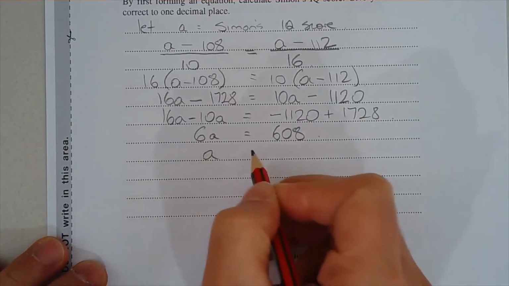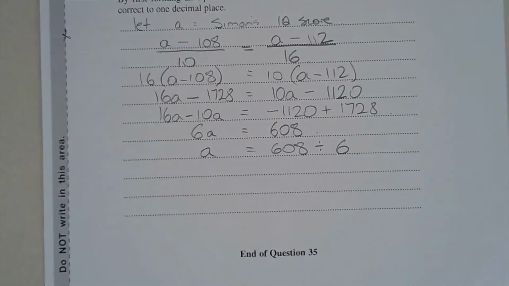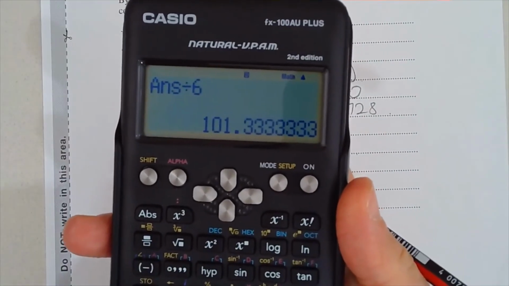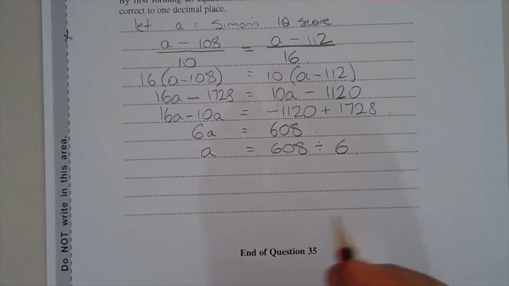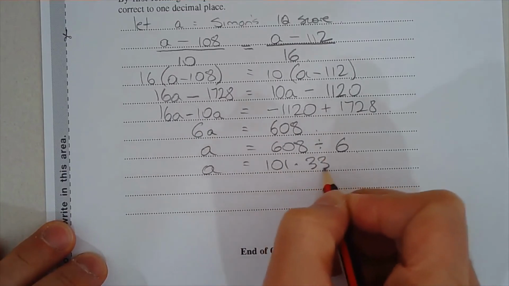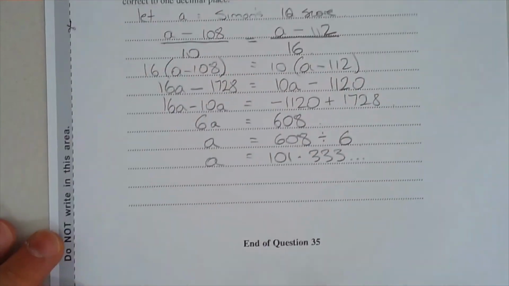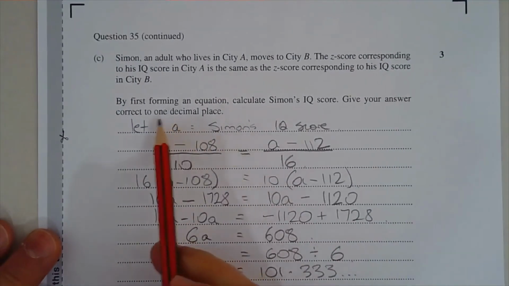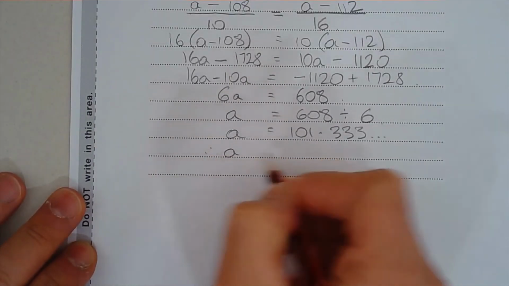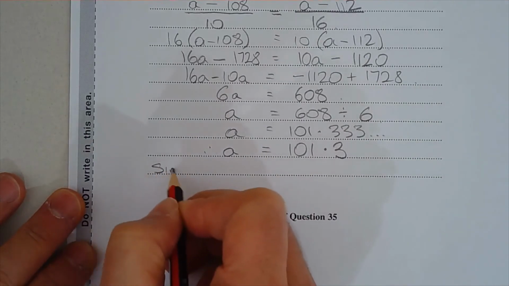Now A is equal to 608 divided by 6. Divide that by 6, and we get 101 and a third, or 101.333, which carries on. It says correct to 1 decimal place, so let's enter to 1 decimal place. Therefore, A is equal to 101.3. So Simon's